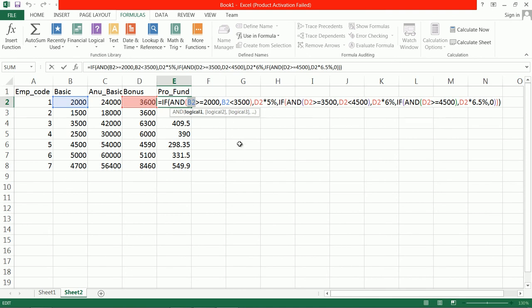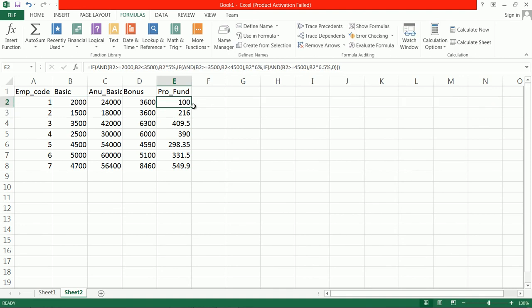Let us copy paste it. Okay, you can also use the find and replace option.